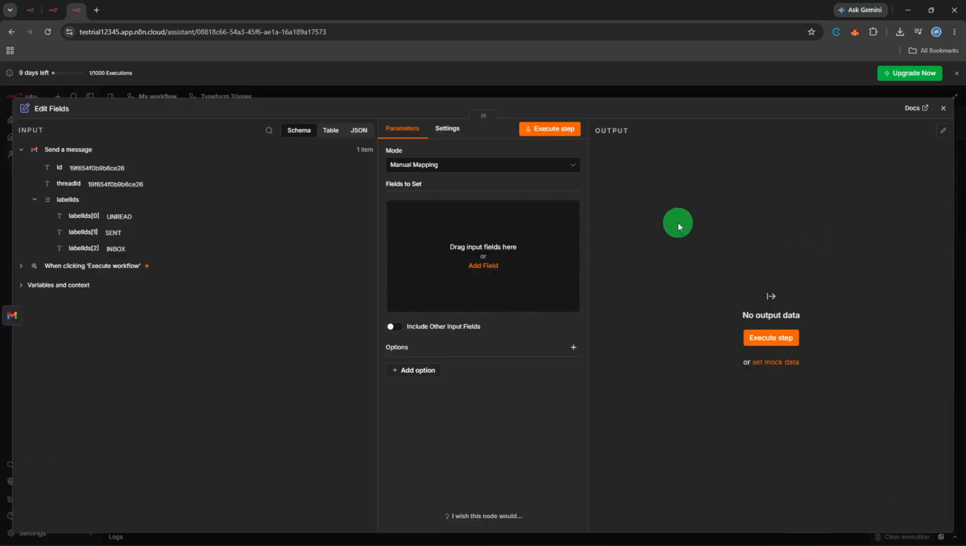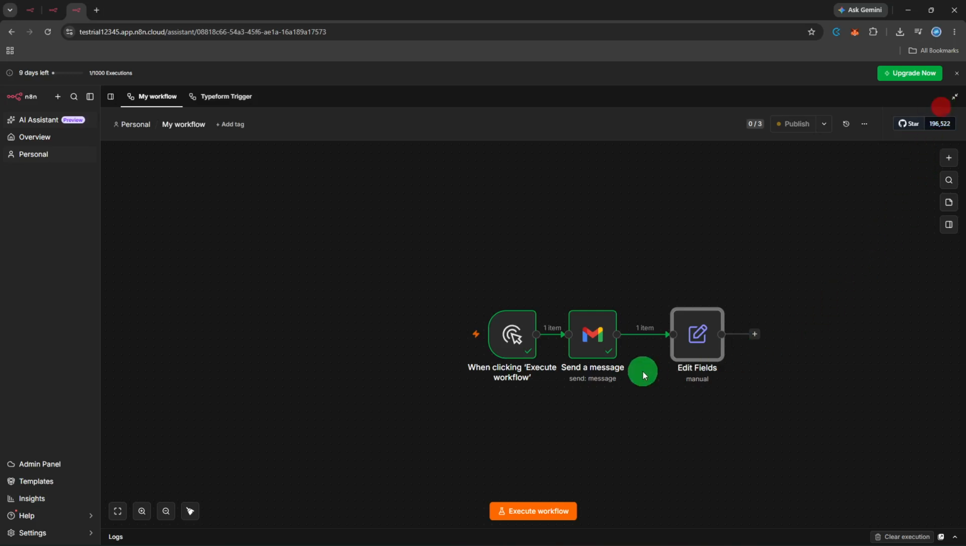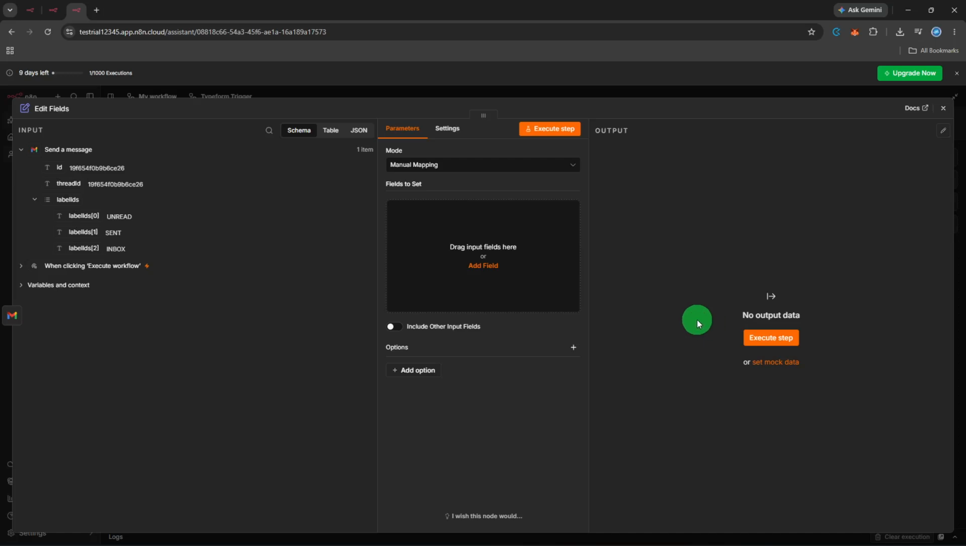Under Fields to Set, click Add Field. You will see two boxes, Name and Value. In the Name field, type the new field name you want, exactly as it should appear downstream. In the Value field, you have two options. Either drag the original field from the input panel on the left, or click the little expression button and write